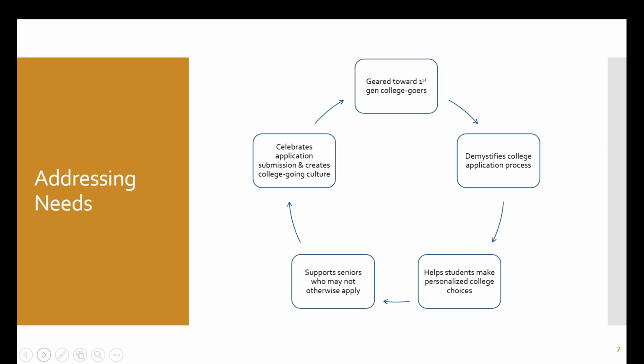We want to make sure they understand all the amazing opportunities at the community colleges and technical colleges in Washington State, all 34 of them. We want to make sure that they understand that it's open door admissions in Washington State. So you apply to a community college in Washington State and you're admitted. Students understanding that is so important for them because then they don't get as nervous about the process.